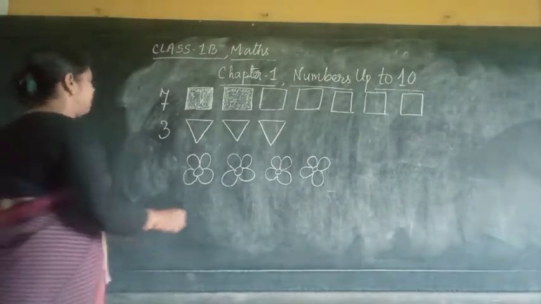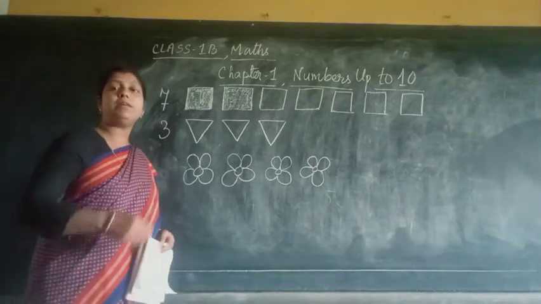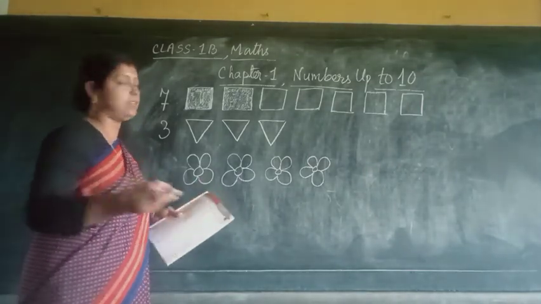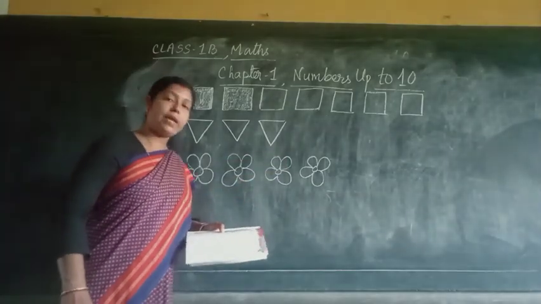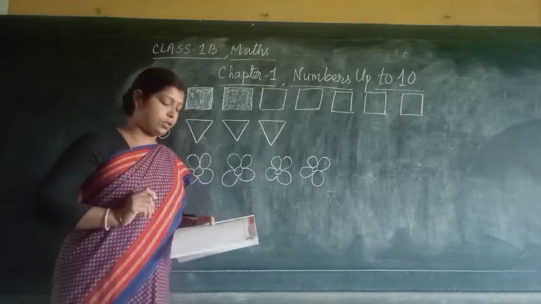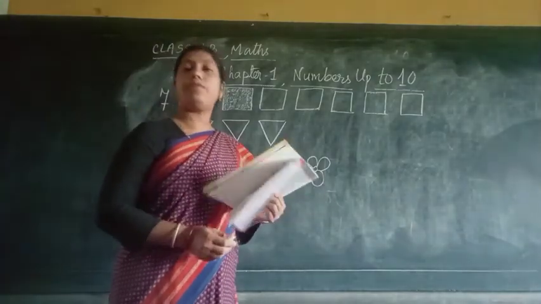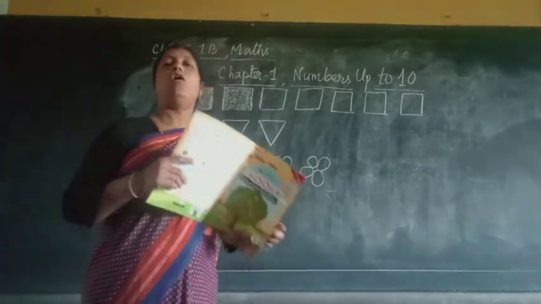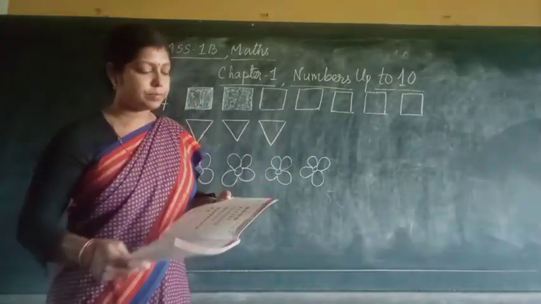Alright, next one you see, this is 3 triangles I have drawn here. The number is 3. So the shape is given of a triangle. I am going to draw 3 triangles. So I have done it here, 3 triangles. Okay, next one you see, 5 oval shapes are given. So I am going to draw 5 shapes, alright. So in that way you draw, okay. You have to do this in the book itself. You have already done it in the live class. All those who have not done, please do it in the book, okay.